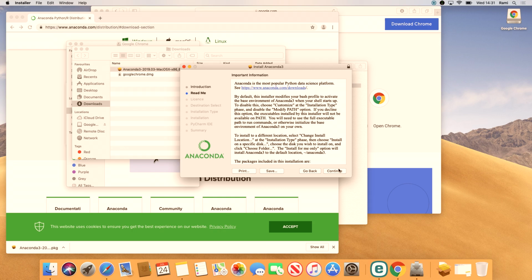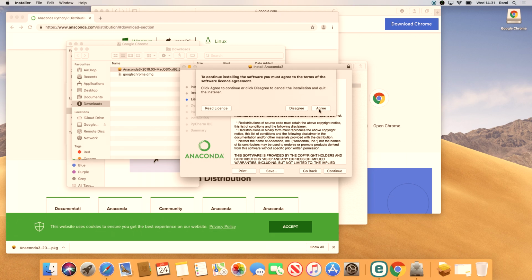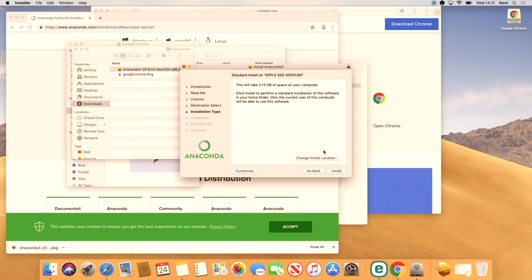And then we press on continue again, and then continue again. You don't have to worry about this. Continue again, and then you press on agree. Keep it where it's gonna be default on, so just install,